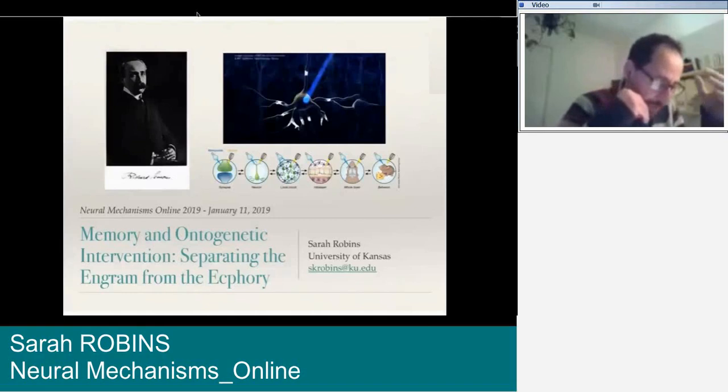Now, just to conclude, let me put a question. Even if the activation of this partial engram yields a consistent behavioral outcome, the problem is whether the memory content is the same as under natural conditions. In other words, is the memory experience of the mouse the same? Does the mouse have the experience of that event in the same way, artificially and in the natural way?